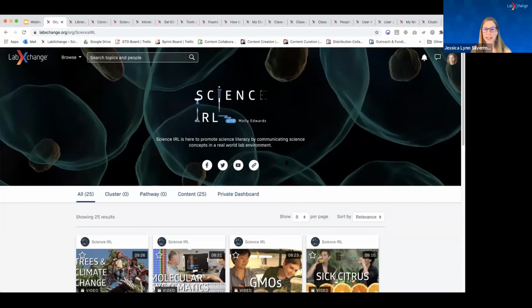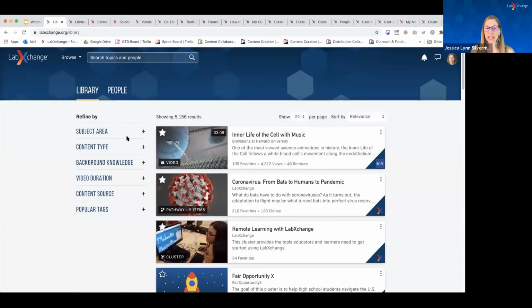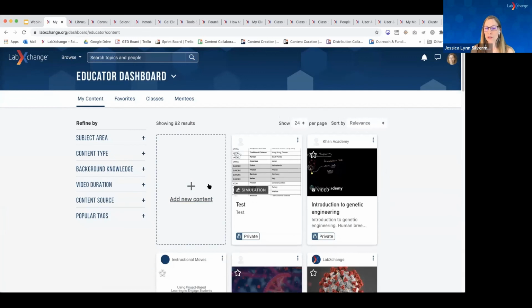And so again, I would just highlight that, yes, we are always working to build relationships with organizations to bring us different types of content. But in the meantime, that allows you to add any content that you like from your personal dashboard. So actually, I'll head right over to the dashboard here to just go over the different ways that you could